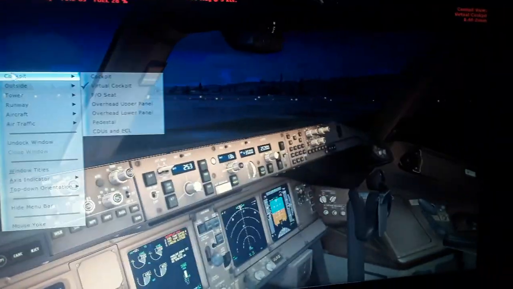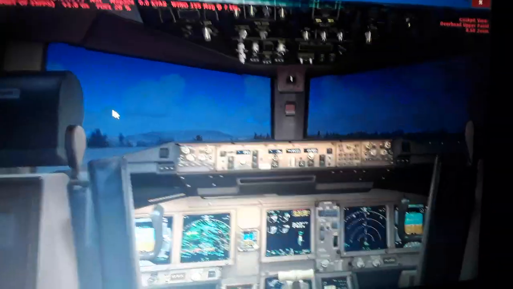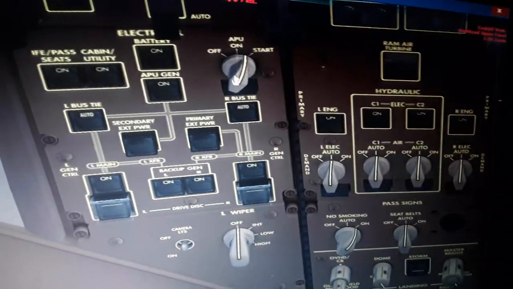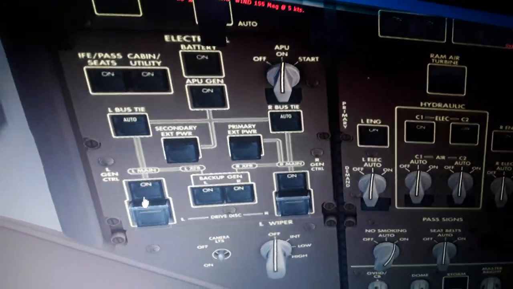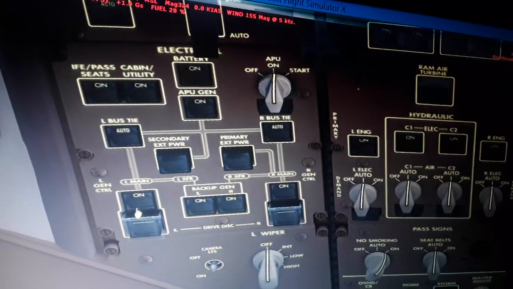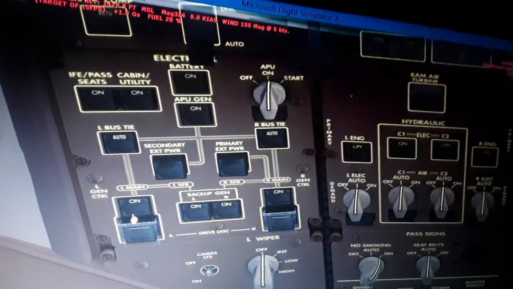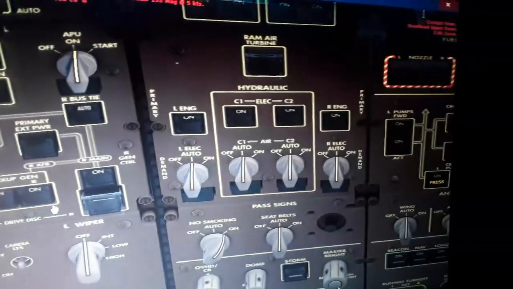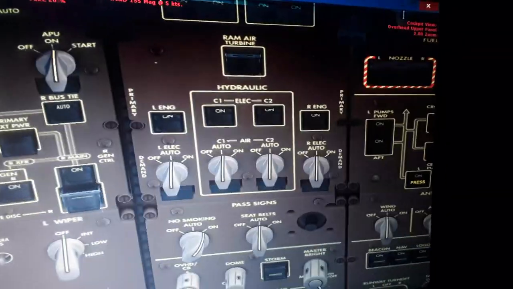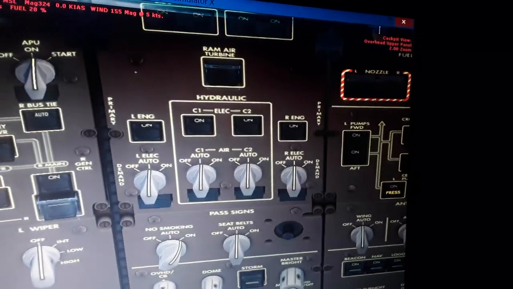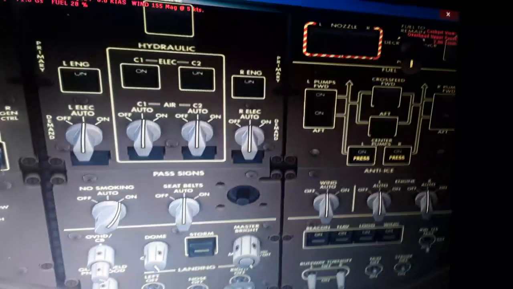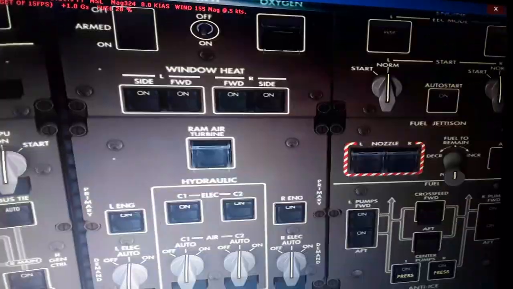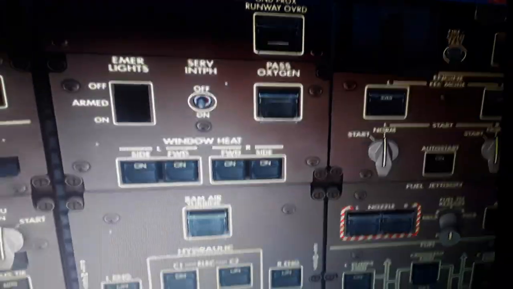Also in the overhead panel here, a couple more things. You need to start the APU here. On the start position we have the electrical left and right engine, the generators. I will explain later, so you see in the computer the diagram. Also here we have the hydraulic fluid on and off, left and right engine, the APU, the rotary turbine,